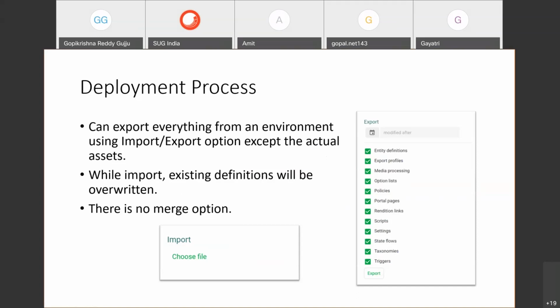That's the reason we don't directly go and make changes in a higher environment. Or else, if you are doing it manually in all the environments, that's fine. But if you are not doing it manually, make sure that in a lower environment, you have the same set of entity definitions as your production. Okay, that is pretty mouthful.